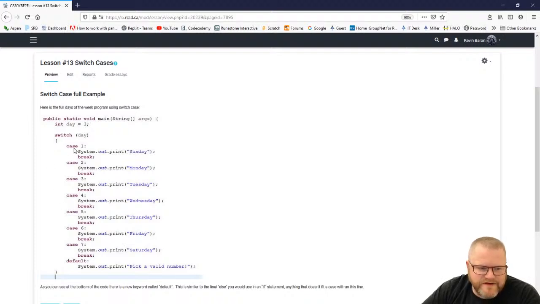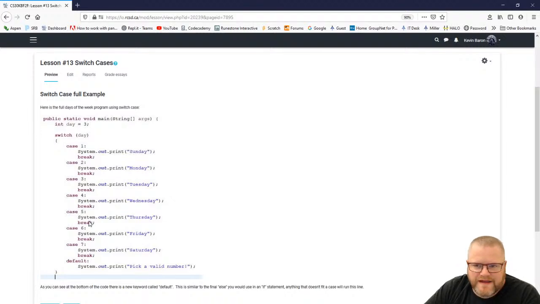Okay, at the end of each case, you have to use the keyword break, and then you have default. So the default is if any of your cases are not used. Right now we have cases 1 to 7. If the value of your switch variable is anything other than the number of cases that have been included, that's when you use default. So this is one spot that I do like the switch case a little bit better. The syntax is